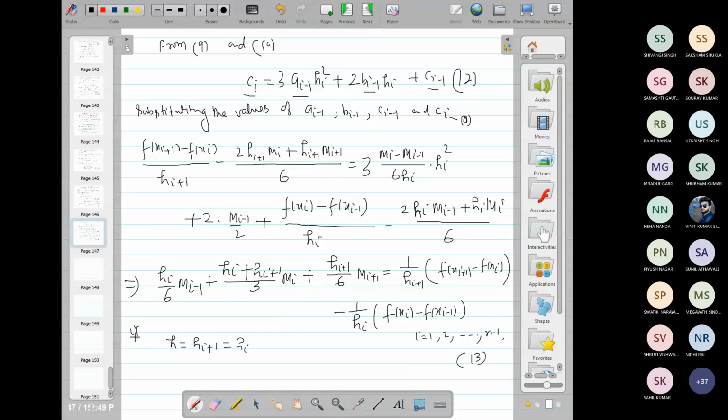If the values of x are equally spaced, then hi plus 1 will be hi and hi minus 1, and this is equal to h, say. Suppose hi plus 1 is equal to hi, and suppose this is h, then the above formula becomes